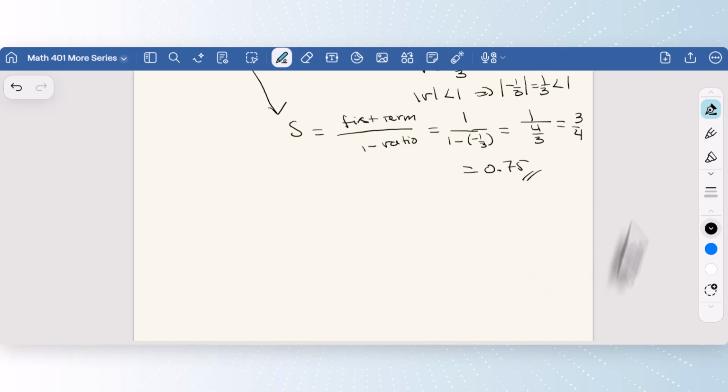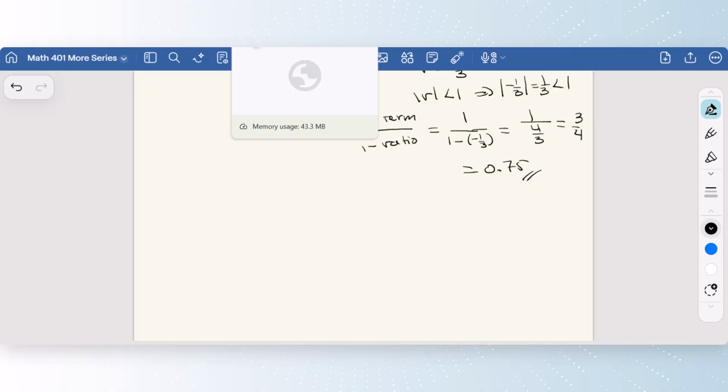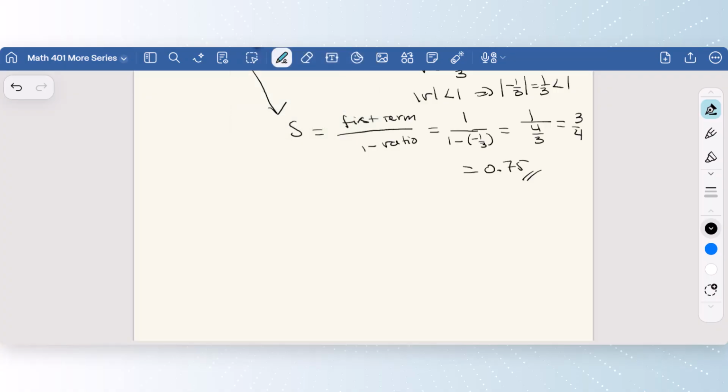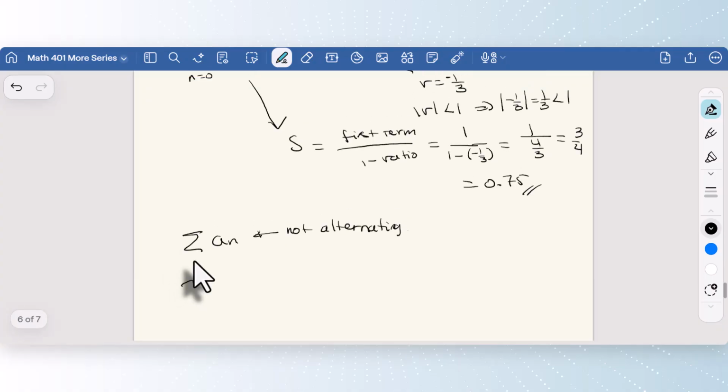For when it's not an alternating series, we can use the integral test. So for a series that is not alternating, we can use the integral test to still approximate the sum, right? If it converges,